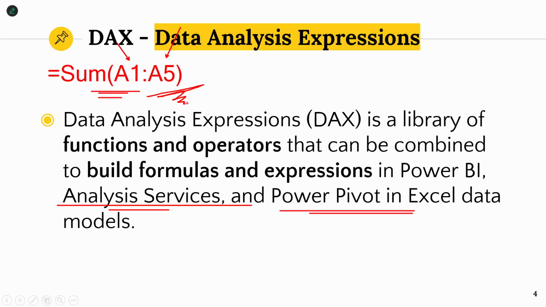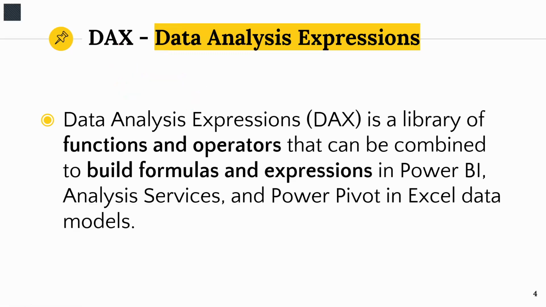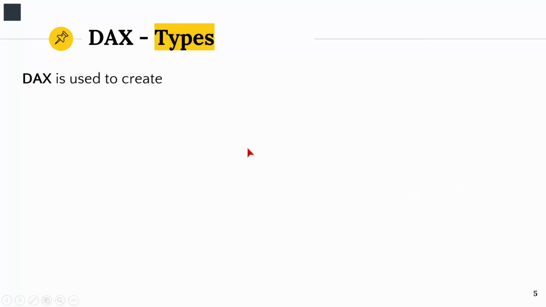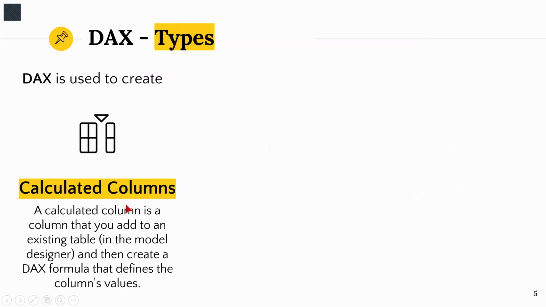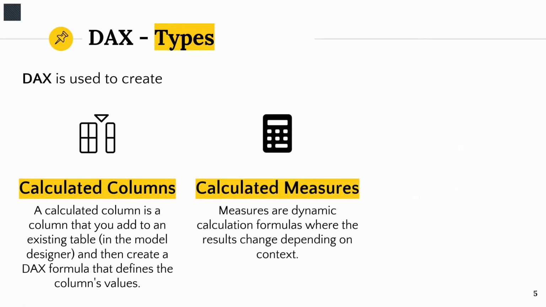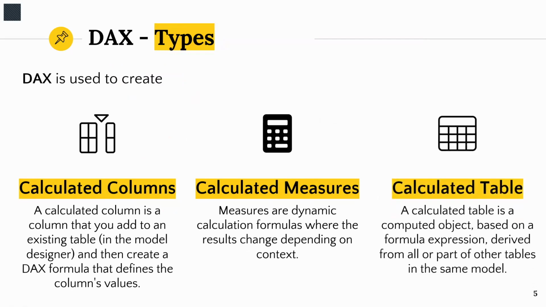Okay. All right. Now, DAX is of different types. Let's go ahead and understand what the different types of DAX are. We can use DAX to create a column. You can use DAX in different ways, and one of the ways is to create a column. Then we can create a measure, and we can also work with DAX